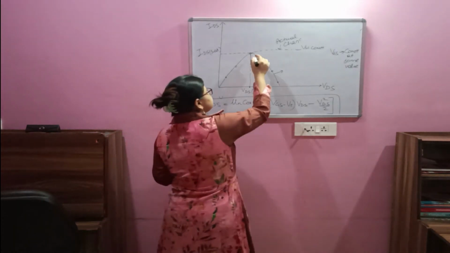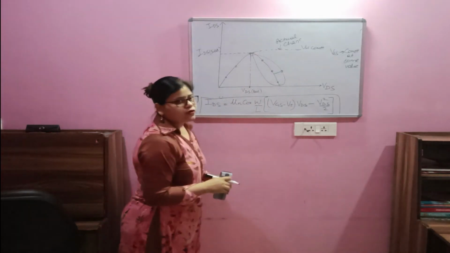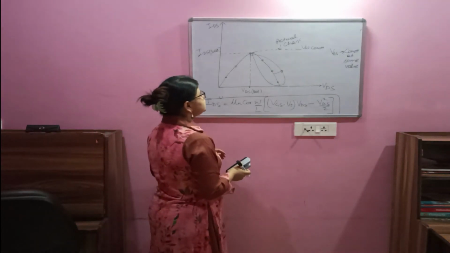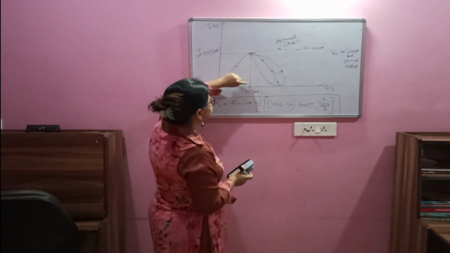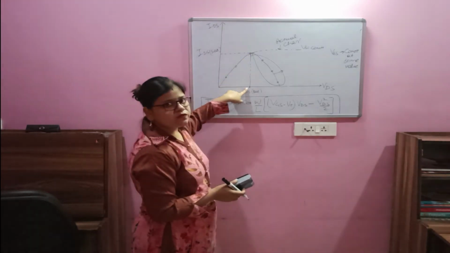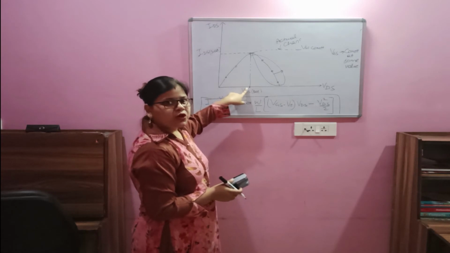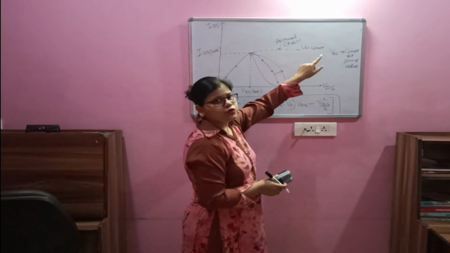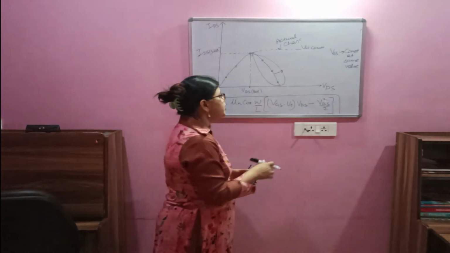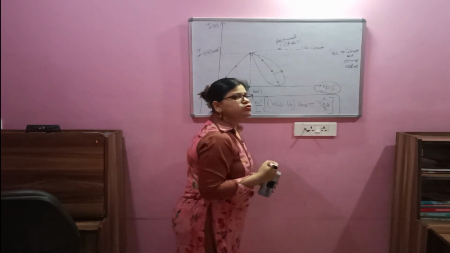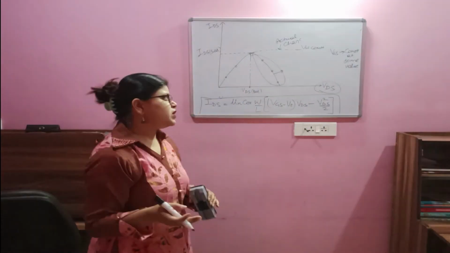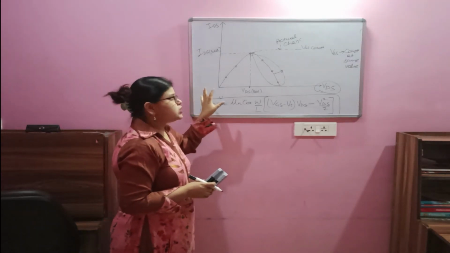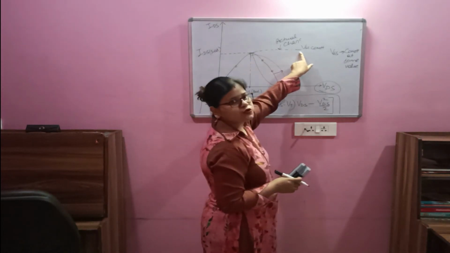It means this portion needs to be taken care of. This is not an actual characteristic of a MOSFET, because the MOSFET actual characteristic says that as the pinch off point is reached, that is, the drain to source voltage equals the saturation drain to source voltage, then the device curve should be flat, meaning the current should be free of this VDS value. There should not be any effect of the increasing VDS on the IDS. So further we have to modify this equation, which will satisfy this actual curve of the MOSFET.